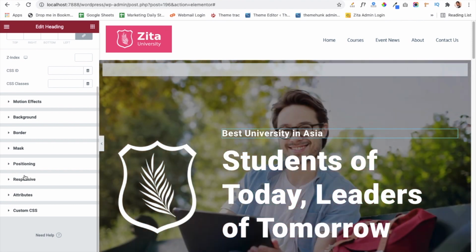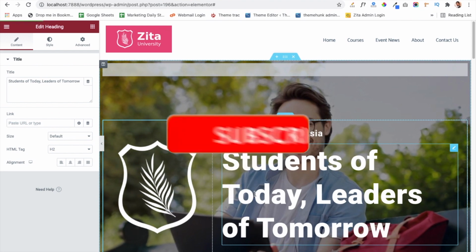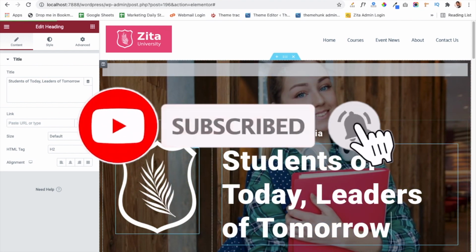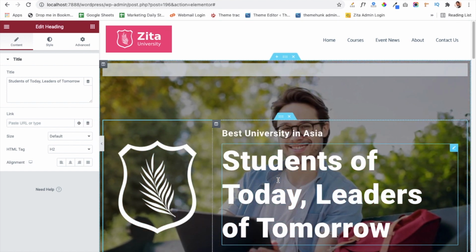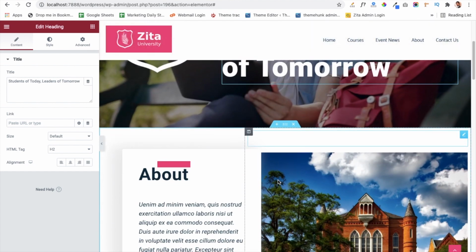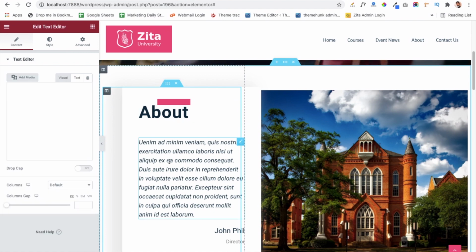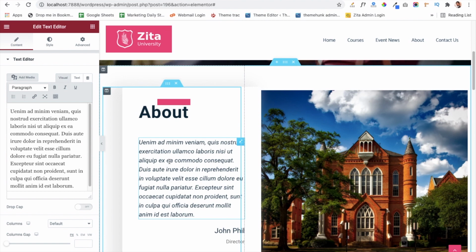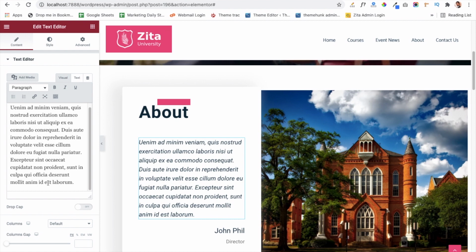in this module. Similarly, you can change the content of this area with the help of the heading module. We have used the heading module here to add content. Now let's scroll down below and we will see some more modules which we have used. Now again, this is a heading module which we have used to add content, and this is a text editor area. To add a large amount of content, you can use the text editor area, and here we have written dummy content for our website, so you can add your own content in place of this.